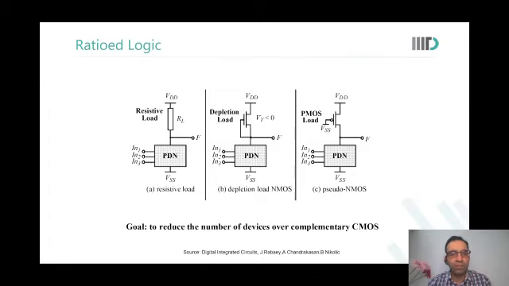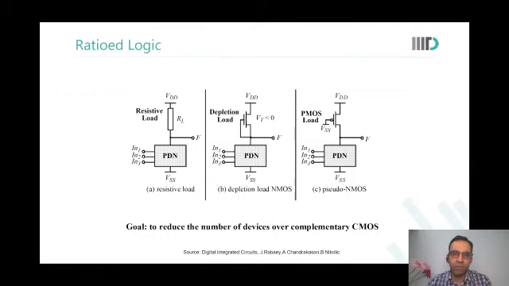What's the problem with one resistive load? Control loss, sir. What do you mean? We can't charge our output whenever we want. Exactly. It will be always charging. Leakage. Fabrication is difficult. Okay. So when you say that instead of static CMOS, I will put any other load, whether it is a resistive load or depletion load or PMOS load, since that load is always on, what happens? We will observe leakage. We will observe continuous static current from VDD to VSS.